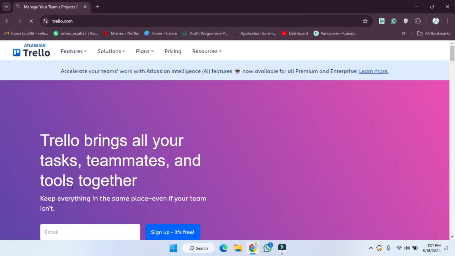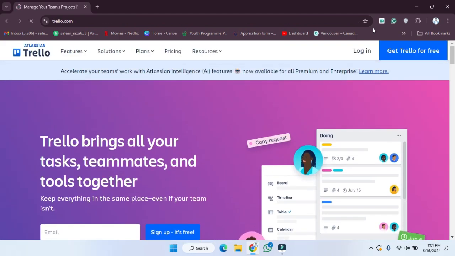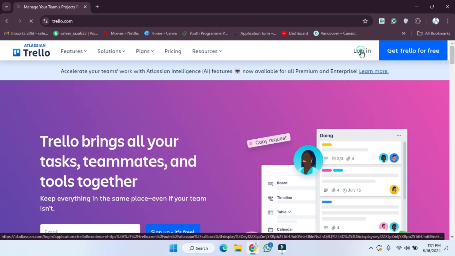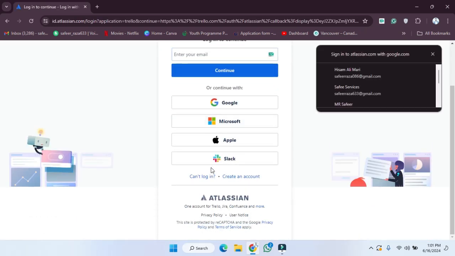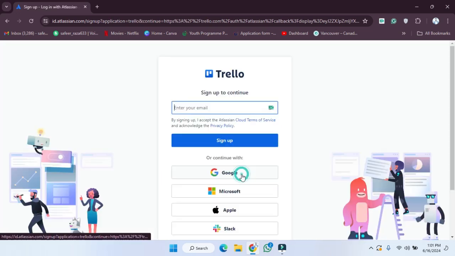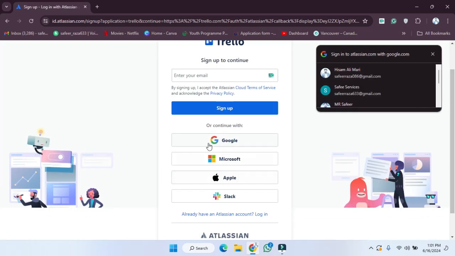So I'm going to click on it, and after clicking on this, as you can see, it has the option for the login, and I'm going to click on the login. So let's click on the login. And after clicking on this, as you can see, I haven't created my account, so I'm going to click on create an account. So let's click on create an account,